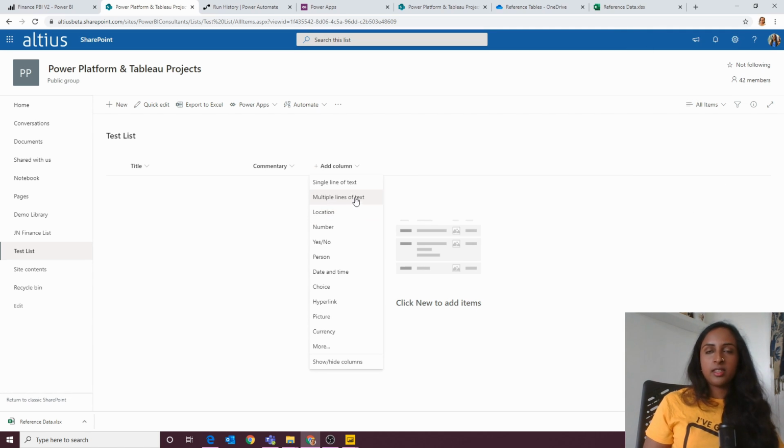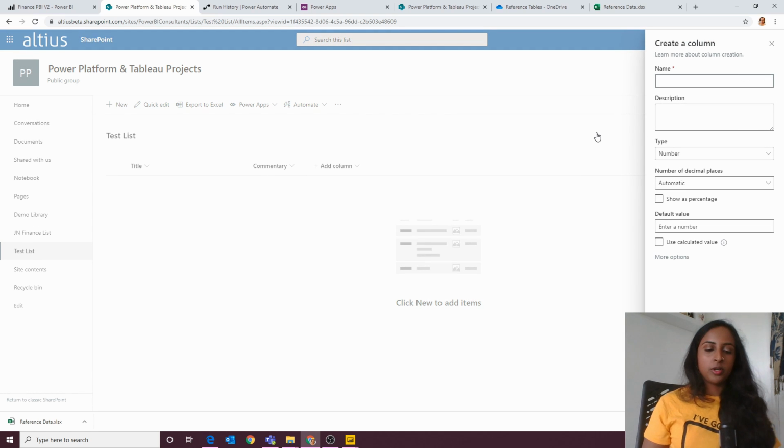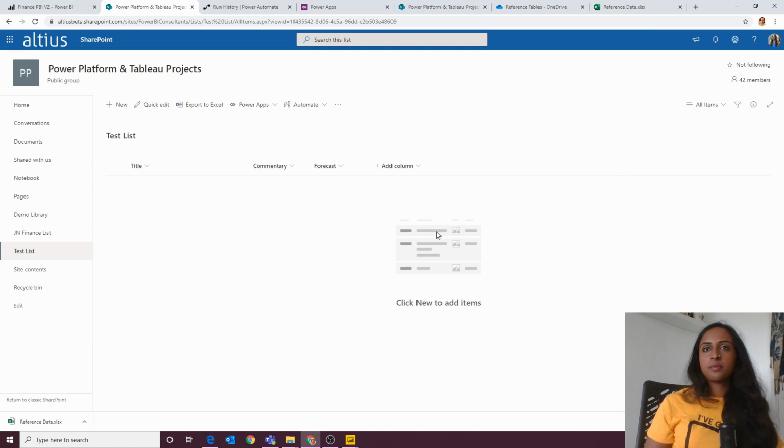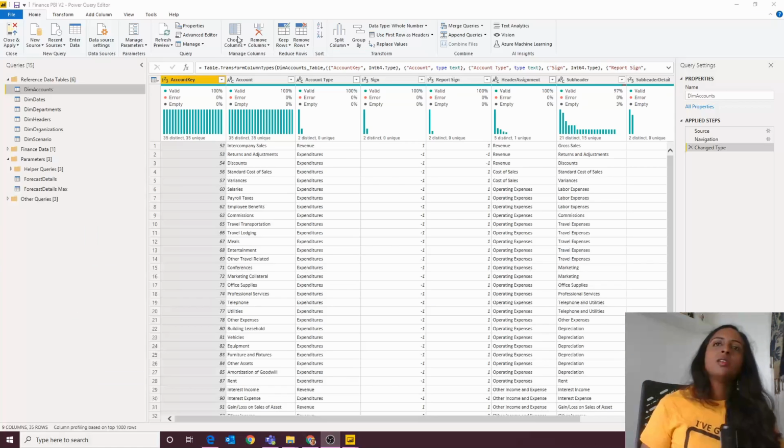I can create the actual forecast prediction. Okay, create a number, like that. And so on and so forth. I'm not going to create the entire list here, but this is how you actually create a SharePoint list like that. So what we'll do now is we'll have a walkthrough of the Power BI tables and the relationships within here,